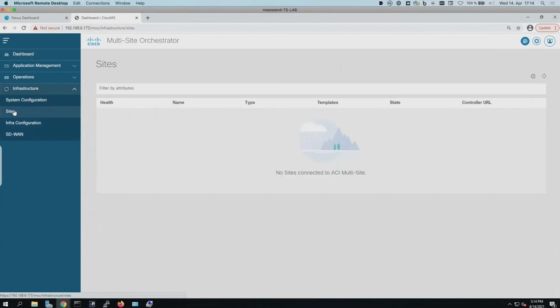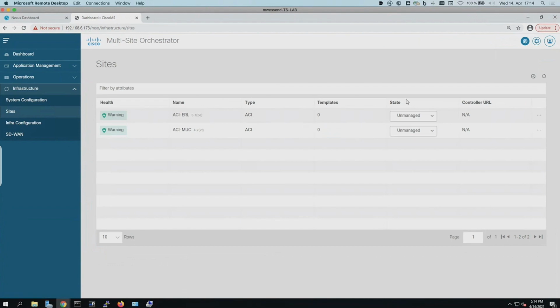Here I'm seeing the sites. This site is populated by the Nexus Dashboard. These are the two sites that are onboarded to Nexus Dashboard. And I can now enable these here to use them with the multi-site orchestrator. Now, if we look at the sites a bit,